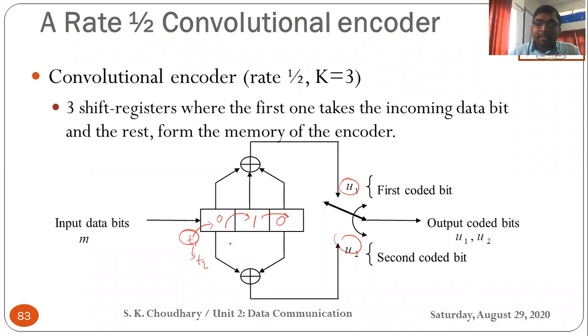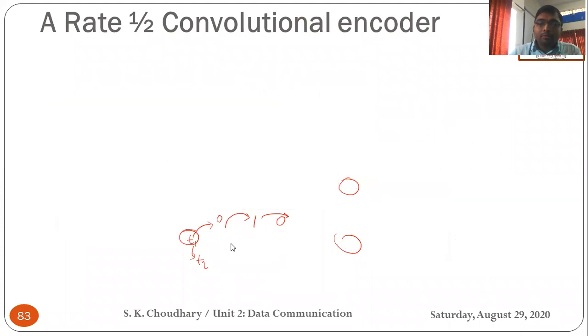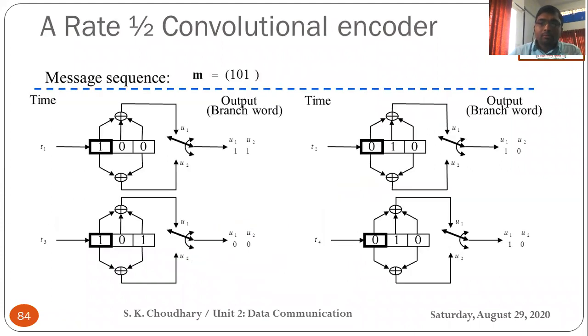Now we will see one example in detail. So this is an example of a rate 1/2 convolutional encoder. Here we have taken an example of a 3-bit message sequence. So our message sequence length is actually 3, but here k is again 1. It is mentioned here as 1/2. So small k is 1, meaning 1 bit at a time.